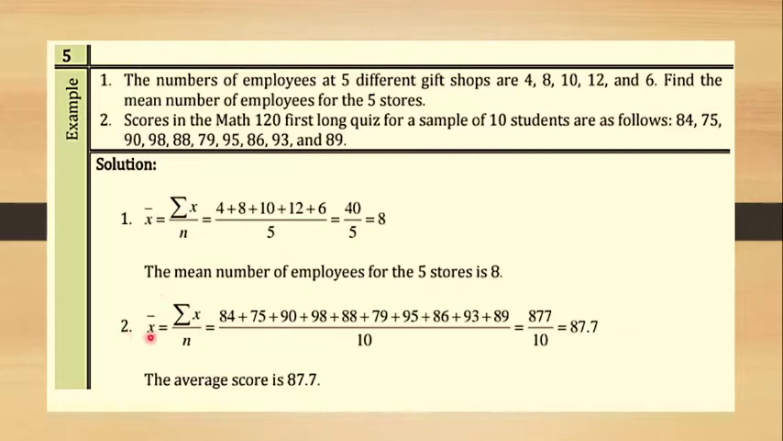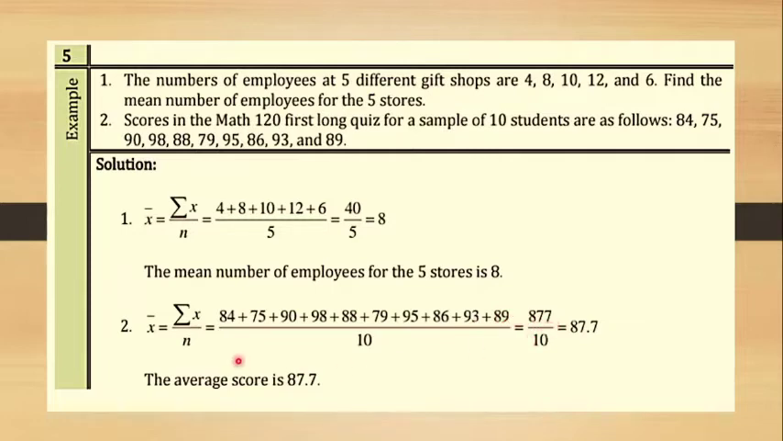So, we have here the mean, or X bar, equal to the summation of X over N. The X here is the result of the quiz. Summation means we just add: 84 plus 75 plus 90 plus 98 plus 88 plus 79 plus 95 plus 86 plus 93 plus 89 is